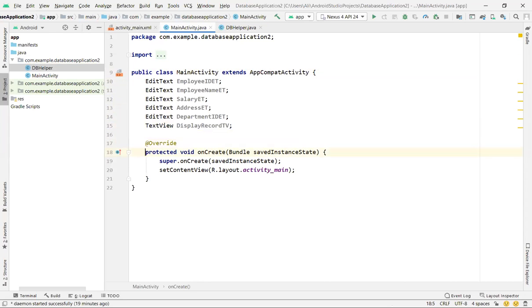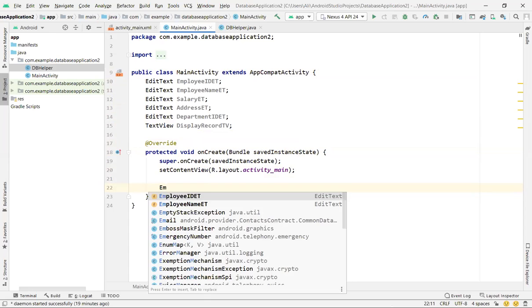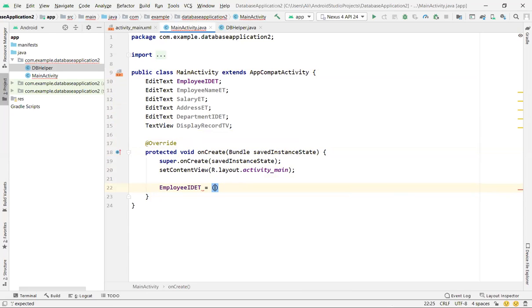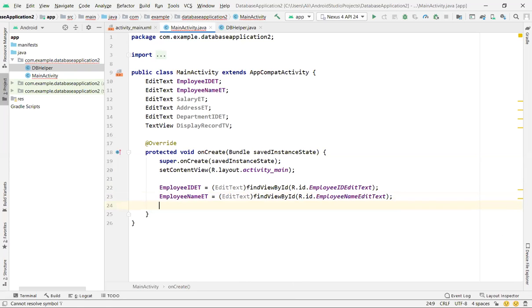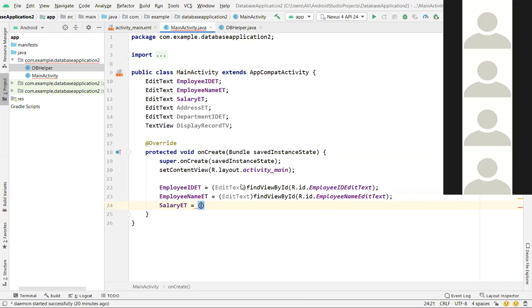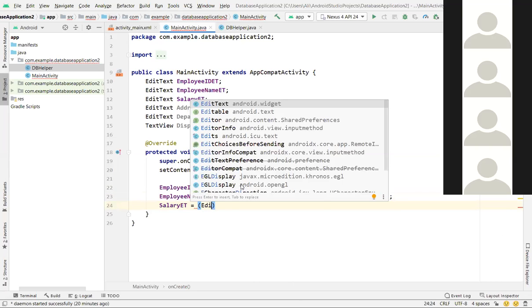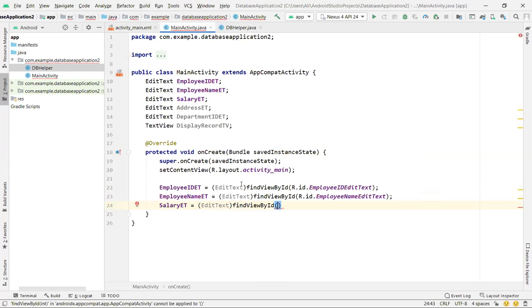So let's initialize your objects when you run your application. So I'm just writing here employee ID EditText equal to EditText findViewById R.id.employeeID. Now employee name equal to EditText findViewById R.id.employeeName. Furthermore, the next we have salary. So salary equal to EditText findViewById R.id.salary, and